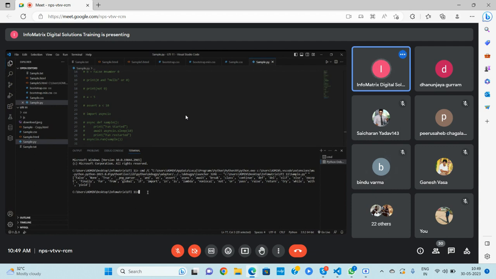Anyone know about the is keyword? No, sir. Okay. The is keyword is used as the identity operator. Identity operator means identifying whether both variables are pointing to the same memory address or not. In the sense that the value should be the same. In some cases, for some data types, even if the value is the same, it won't point to the same address. Okay, so for example,